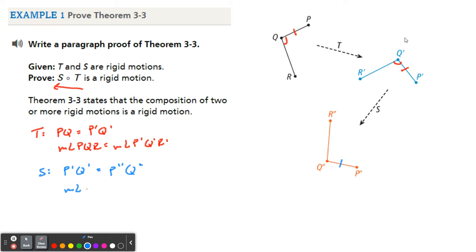And the measure of angle P prime Q prime R prime is the same as the measure of angle P double prime Q double prime R double prime. This is because T is a rigid motion, so it preserves length and angle measure, and S is a rigid motion, so it preserves length and angle measure. Then we're going to say by the transitive property,